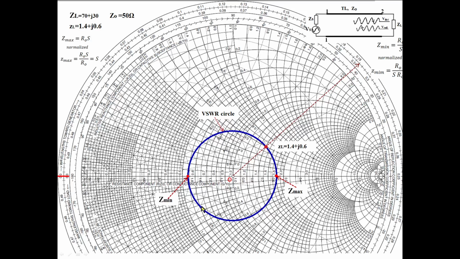Okay, for example, I want the impedance here. What is the impedance here? It is at some distance, we traveled some distance. I want to find out what the impedance is. You can read that value easily. See, that is a resistance circle value and reactance circle value at this position.